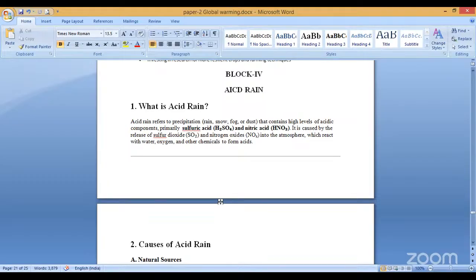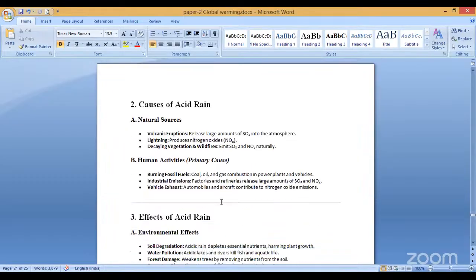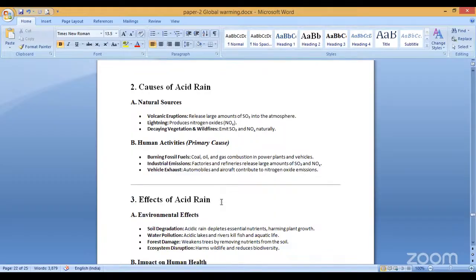This is the clear-cut explanation of acid rain. Then coming to that, what are the causes of acid rain? Some natural causes are there, and some human activities can also cause acid rain. The natural causes: volcanic eruptions release a large amount of sulfur